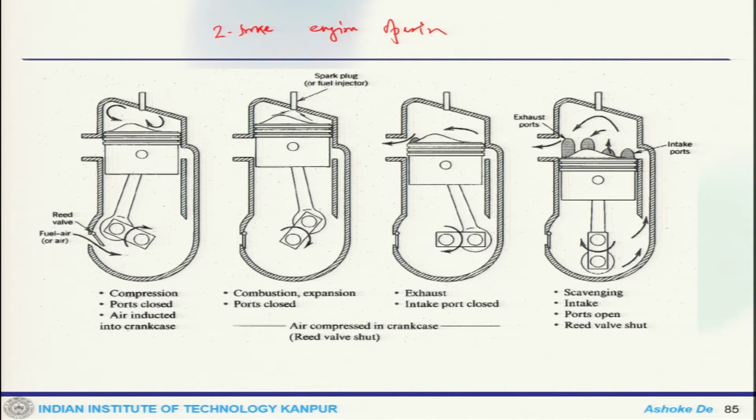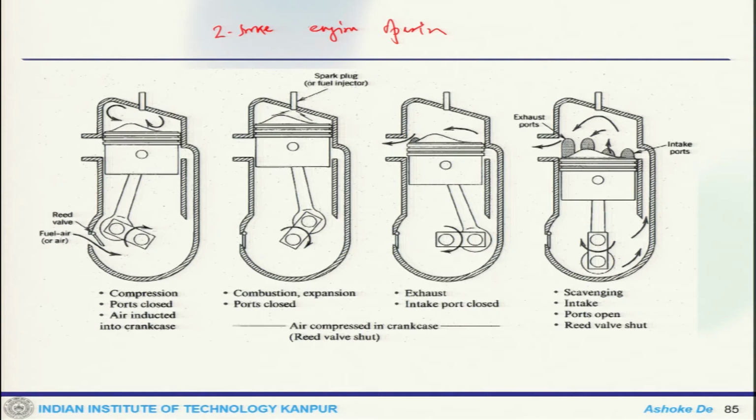There are essentially two strokes, and there are different components. This is a schematic. Every engine has its own design, but essentially it operates on two strokes: one is the compression stroke and the other is the expansion or power stroke. In the compression stroke, it starts by closing the inlet and exhaust ports, and then compresses the cylinder contents and draws fresh charge into the crankcase. This happens as the piston approaches top center, and at the same time the spark plug ignites the mixture and combustion is initiated.